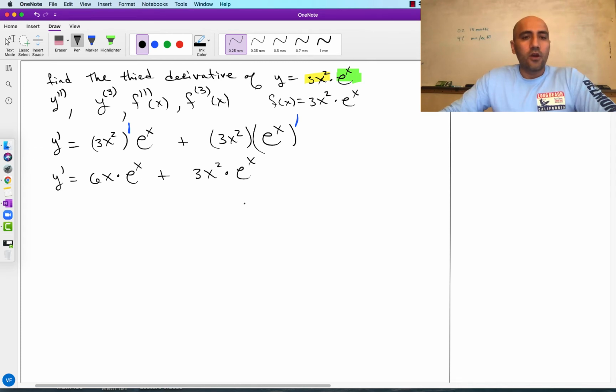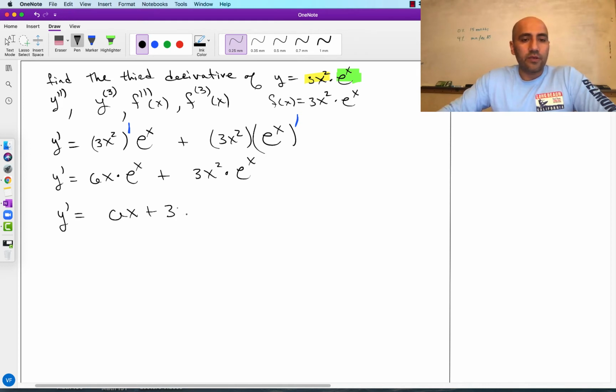Good. Okay, so now we want the second derivative. Now we could jump to the second derivative, and just like before, we can think of this as two separate cases of the product rule. So apply the product rule here, apply the product rule there, and then do it that way. But this has a natural and very easy way to simplify this because we can factor out the e to the x. And so we could rewrite this very easily as